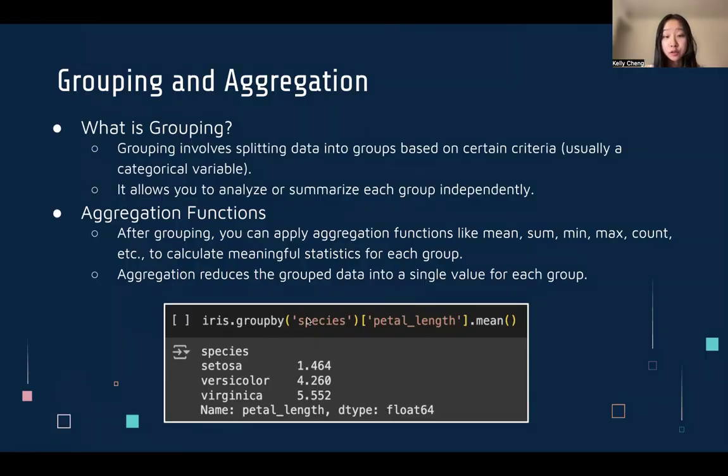Aggregation reduces the grouped data into a single value for each group, which can be seen in this example. Now, you don't necessarily need to know what all of this code means, but just see that we're grouping by species and selecting petal length, and then taking the mean of each group's petal length. So here we have the different species, Setosa, versicolor, and virginica, and we can see the average petal length for